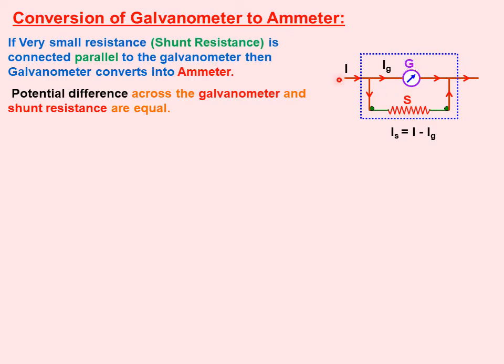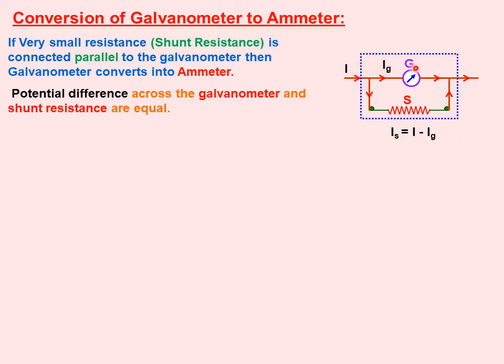So if you pass total current with the help of battery in the galvanometer, here the circuit we can draw, but no need to draw in this case. But this circuit has to be drawn in the examination. So total amount of current with the help of battery we are flowing through the galvanometer coil. At this point, current has distributed into two branches. First, Ig is current flowing through the galvanometer and Is is the current flowing through the shunt resistance. But Is is nothing but total current I minus Ig. That's why I have written here Is is equal to I minus Ig.